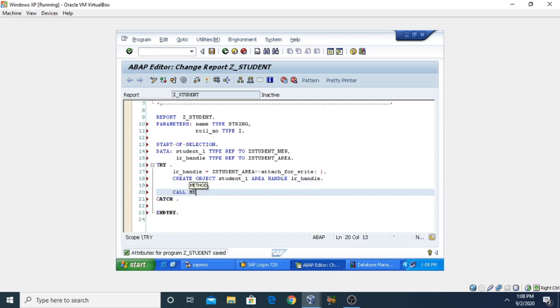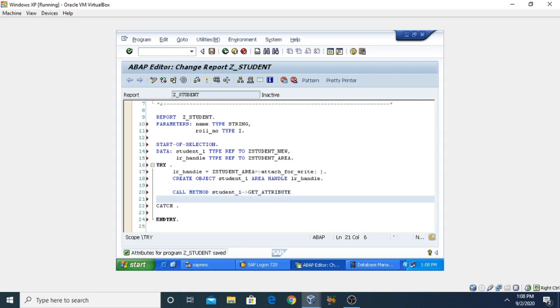So this is the call method statement, student_1. We are calling the method of this class, the student class, which was get_attribute, and passing the parameters with exporting.